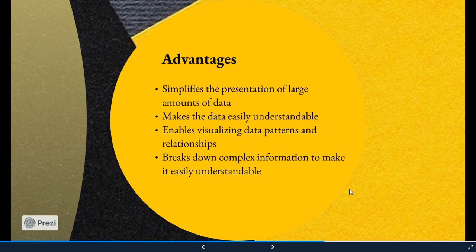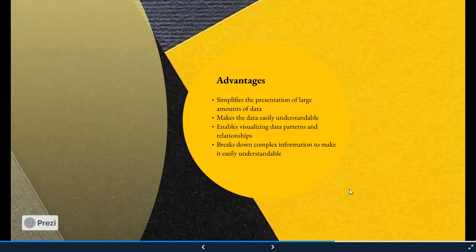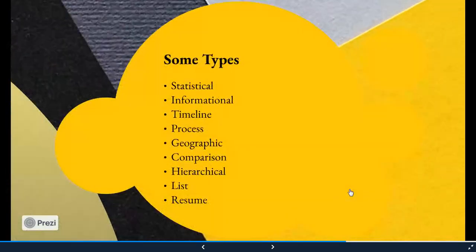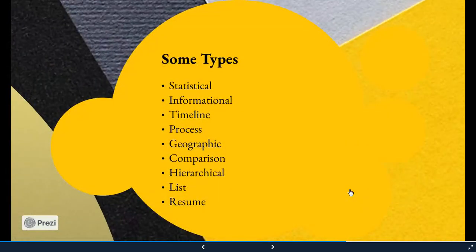So, an infographic really helps the learner to understand the information being delivered. Now, let's look at some types of infographics. Of course, there are some broad categories, and an infographic cannot actually be restricted to a particular type. A statistical infographic means that when you have some statistics to display, some data, some information